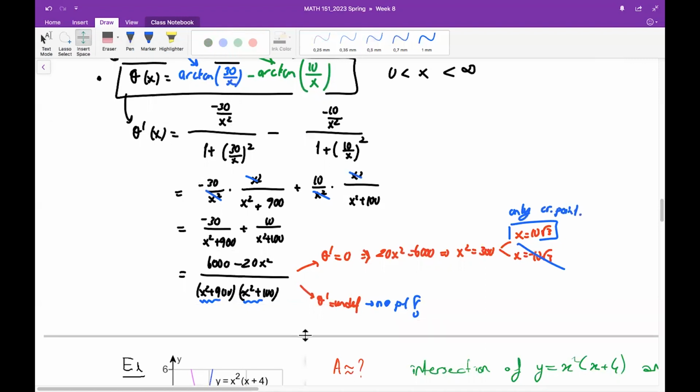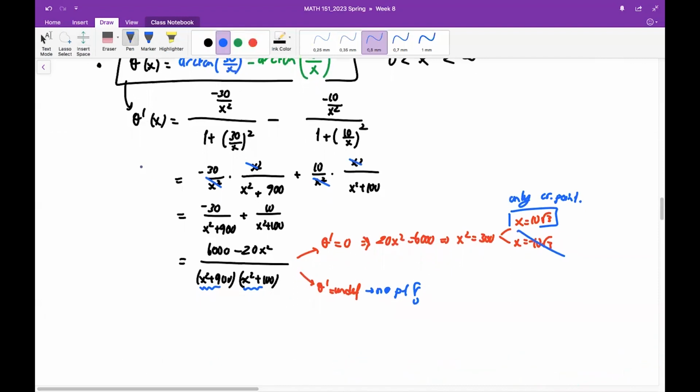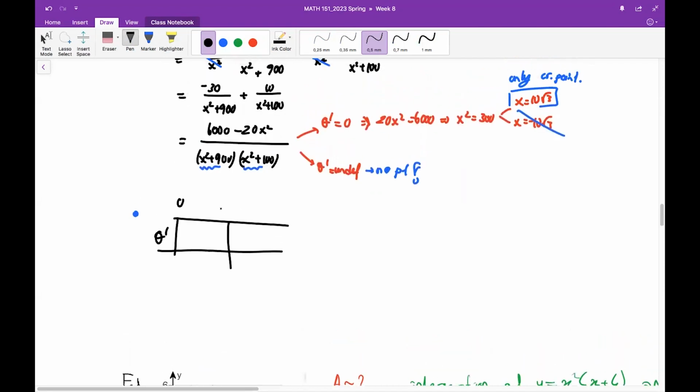Okay, then we need to prove that this critical point maximizes the viewing angle. How do we do that? We will construct a sign table. This is the last step. So let's construct a sign table for the function theta's first derivative. Okay, x can never be negative, so that's why I start this table from 0. The critical point that we find here is 10 square root 3, and x can take any values then till infinity. So the first derivative becomes 0